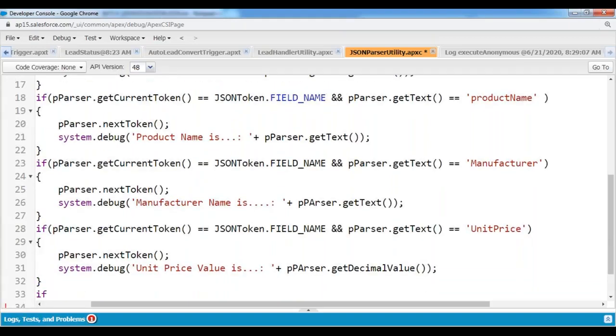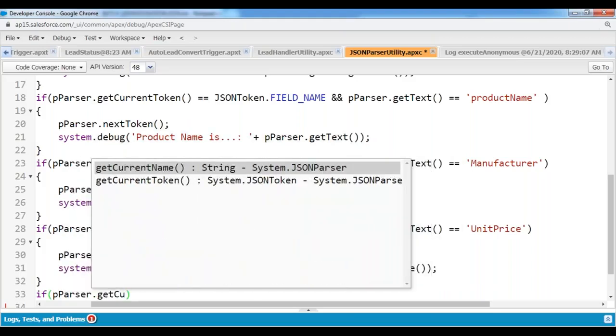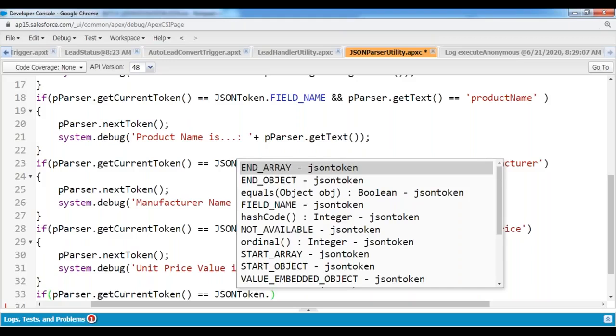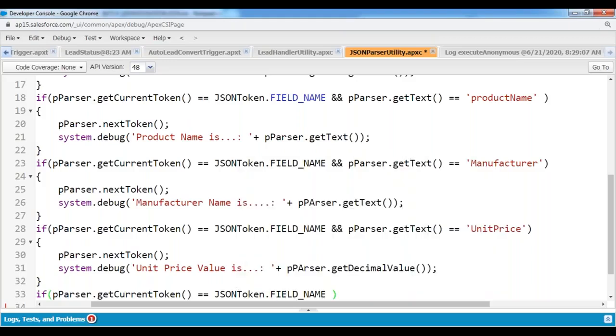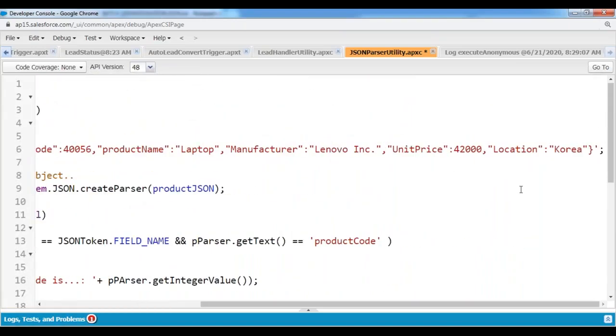Then I'm indicating if parser.getCurrentToken is equal to JSONToken.FIELD_NAME and parser.getText is equal to, that is, if the next token is a field,